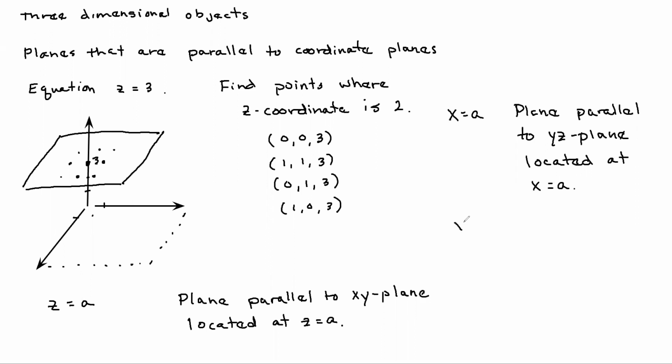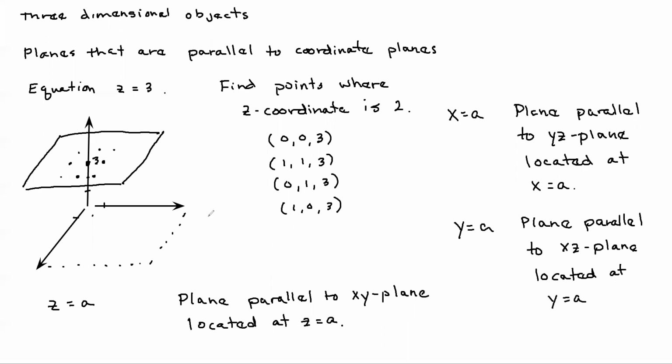And finally, if we had y equals a, that would be the plane parallel to the xz plane located at y equals a. Okay, and so that gives us a set of objects that are very simple,